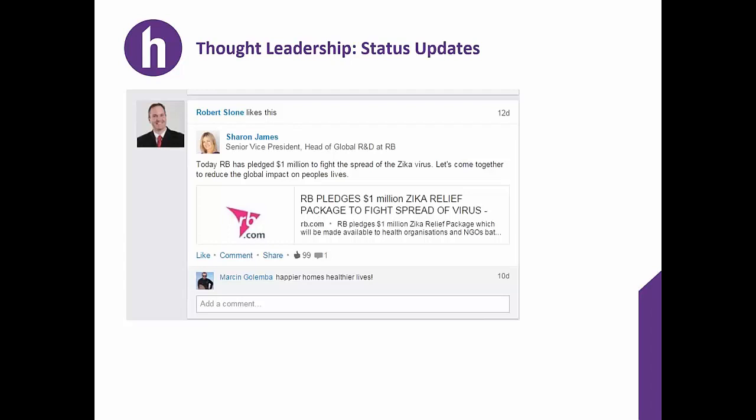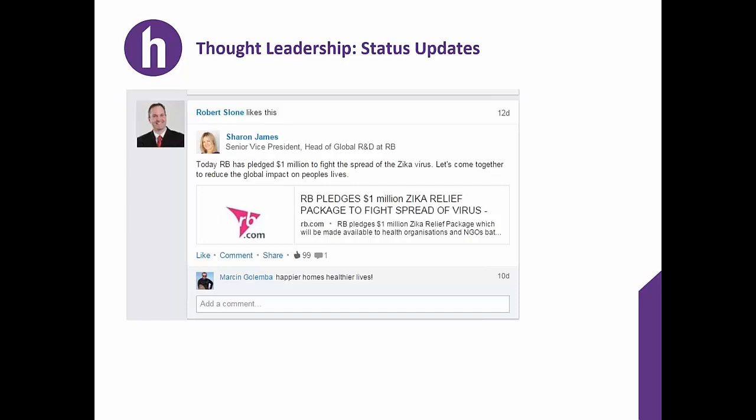So an easy way for you to be a thought leader in LinkedIn would be for you to share, to comment, to like what other people are saying that are also very influential in the chemistry sphere and in that sector. In this particular case, I can see that Robert Sloan has liked something that has come from the global head of R&D at RB.